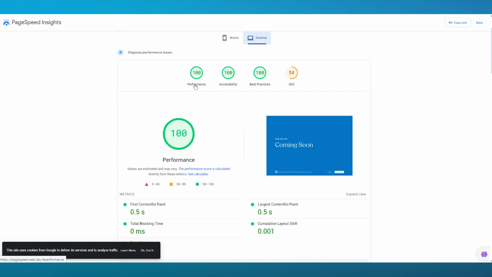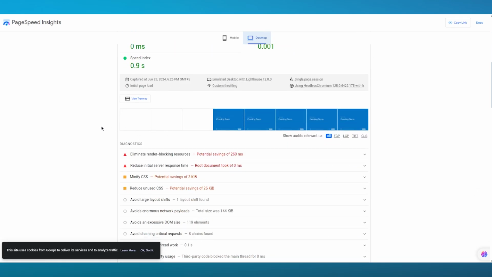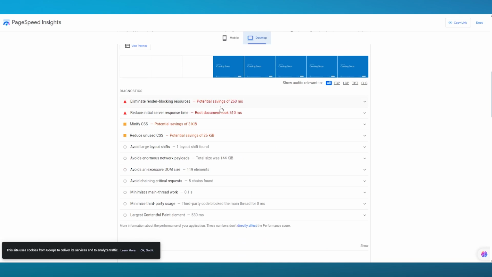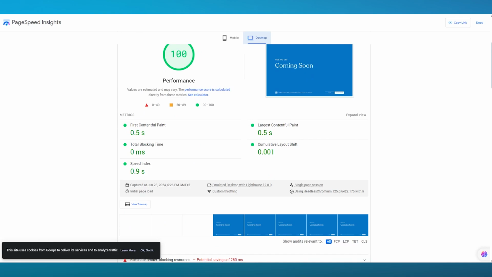So over here, you can see it says 100 performance, 100 accessibility, 100 best practices, but the SEO is quite low. And obviously, the time that it takes to load things in is pretty late. So as you can see, 260 ms, you have 610 ms, which is pretty slow. We don't want that. Okay, so the speed of the main website is pretty slow. And the current speed is something that is not good for my WordPress. So how do we make that better? How do we change that?